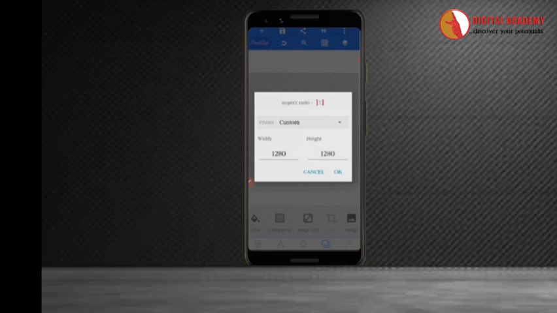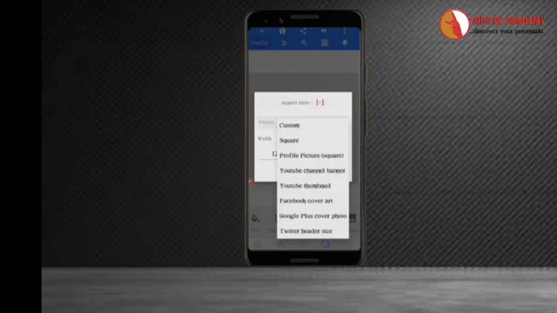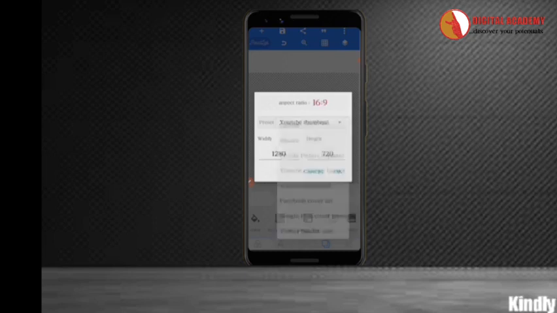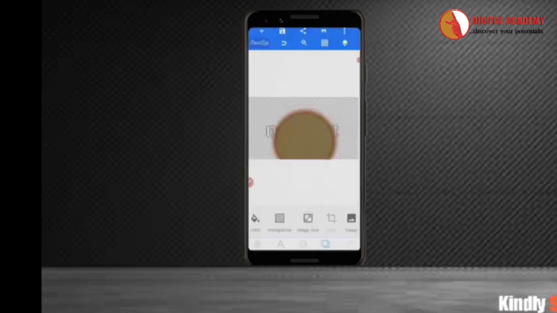So when you want to change it, if you have the size in mind, you can just go straight and type it over here by width and height. If you don't have, you can change. Mostly if you are using it for YouTube or Facebook, you have to know. WhatsApp profile is the default size of the app. Supposing it's a YouTube channel, then you pick it, then you say okay, it will give you a nice